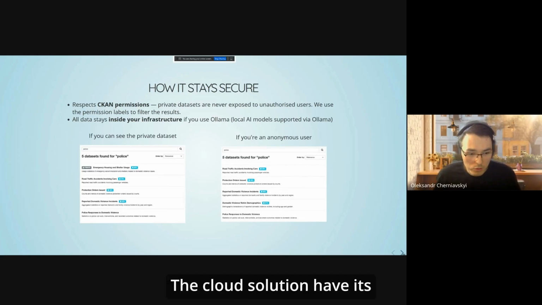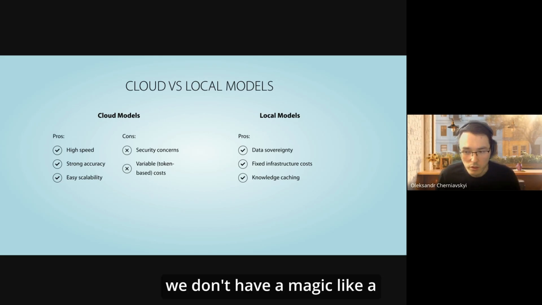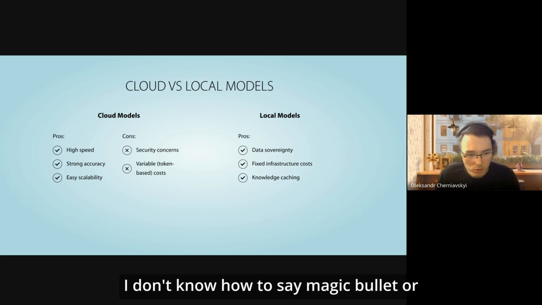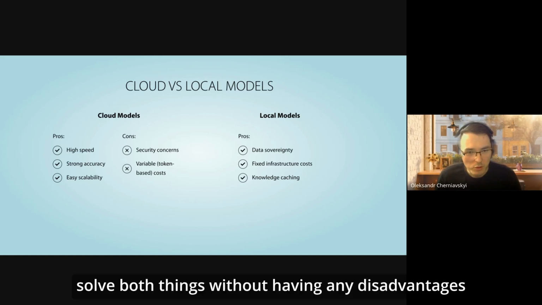The cloud solution has its advantages and disadvantages, as does the local one. There is no magic bullet that can solve both things without having any disadvantages.